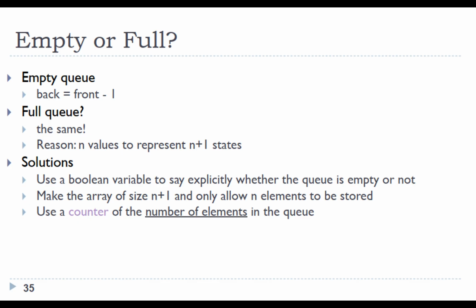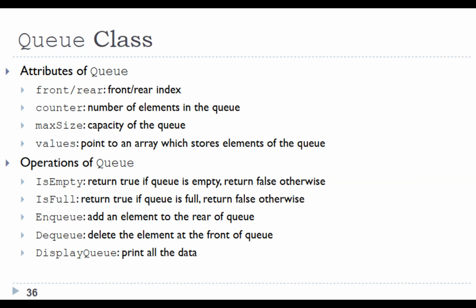Solutions: use a Boolean variable to say explicitly whether the queue is empty or not. Make the array of size n+1 and only allow n elements to be stored. Use a counter of the number of elements in the queue. Queue class attributes: queue front/rear index, counter, number of elements in the queue, max size, capacity of the